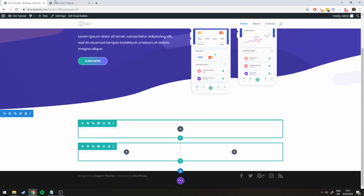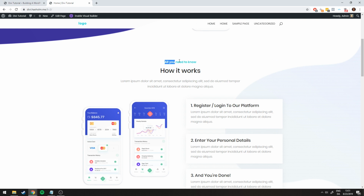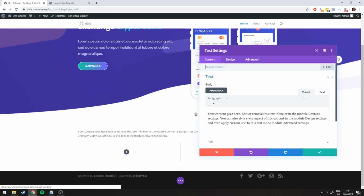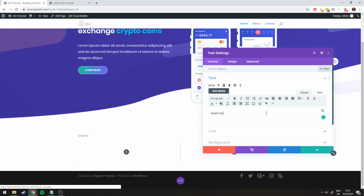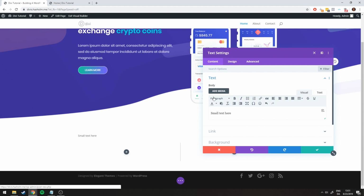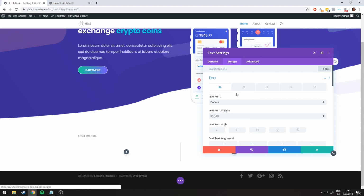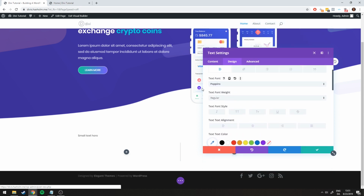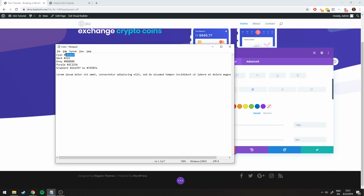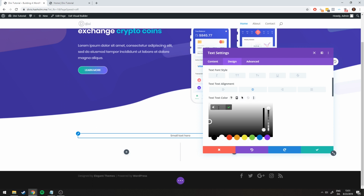Okay, so we will need first a small text here. So let's go to text, small text here. Now let's go to design. And this is again just a paragraph, a body text. Let's go to the text, change the font to Poppins, and we will change the font weight. No, I don't think so. Text alignment, centered. Now for the text color, we will be using that cyan color once again. Hashtag, and then